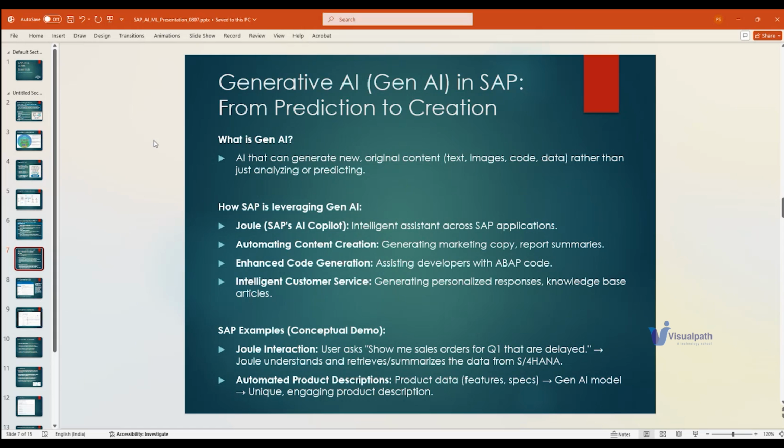That means it can generate some content which can be considered original content, like, for example, text, images, probably code, and just analyzing a couple of data points, it can predict the new data. So,